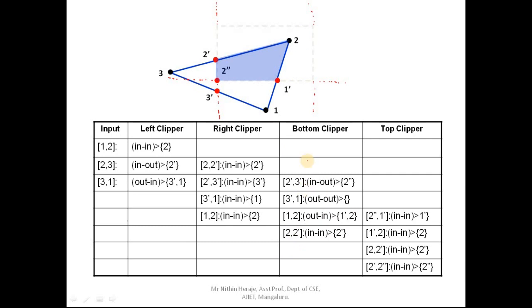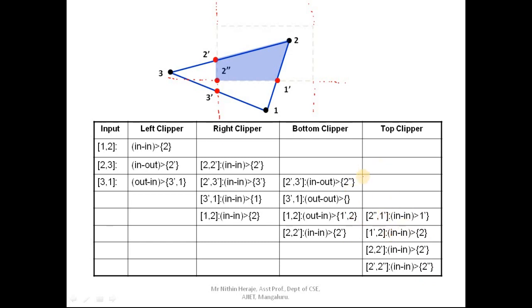And the last one is the cycle. Okay, so this 2 and this 2 dash, that is 2 to 2 dash. If you take 2 to 2 dash, it is above that line, hence both are in, and 2 dash will be the output. Okay, 2 dash will be the output. Continue the same procedure here also, and you will be getting this as the output.